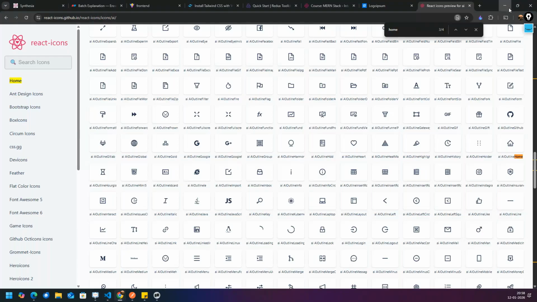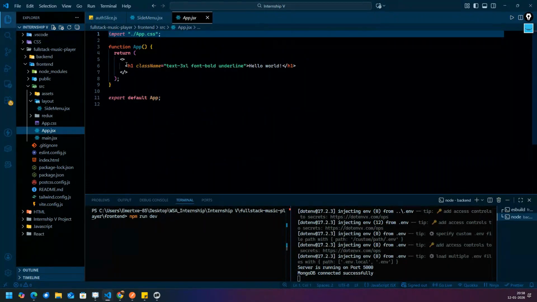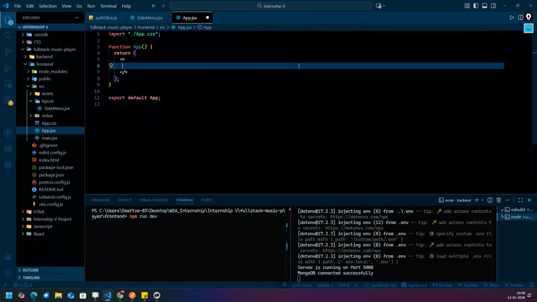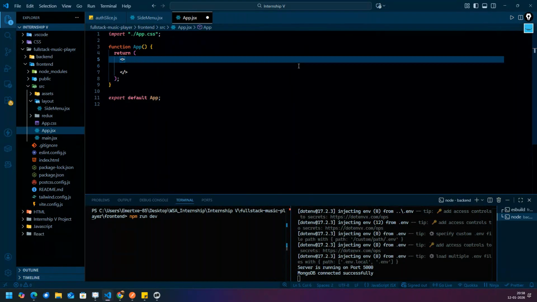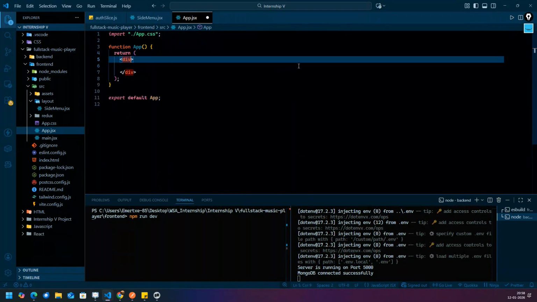Now this thing I'm going to use inside our app.jsx. Instead of h1 over here, I would like to write a div. And the class name, let me recall that class name.